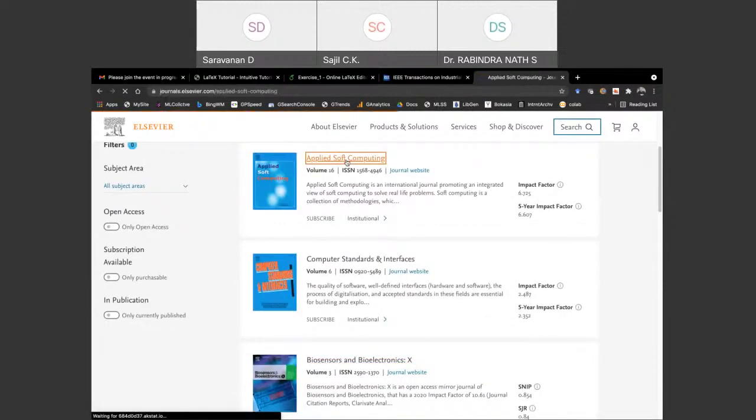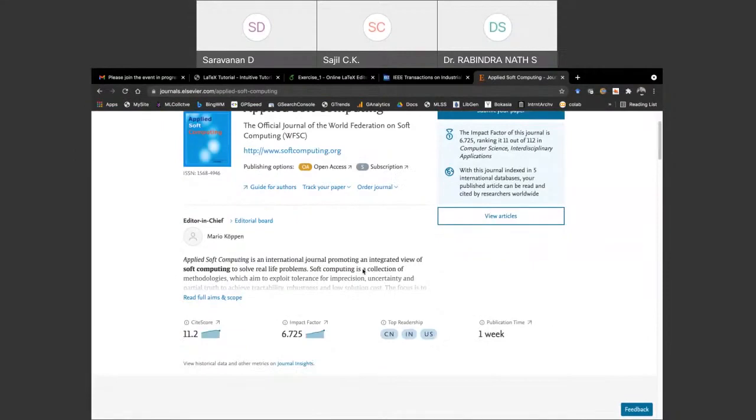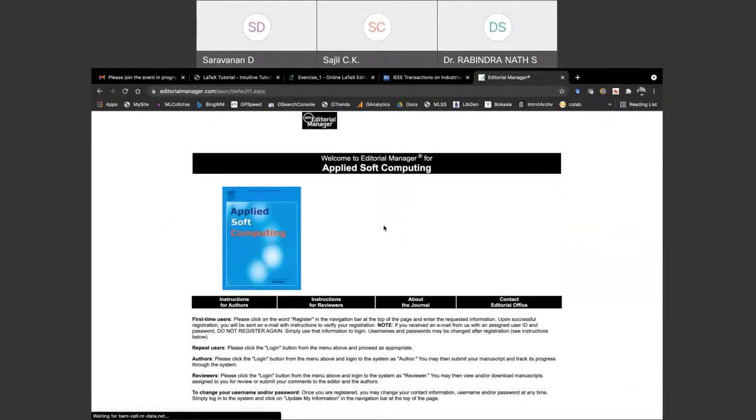If you want to submit a paper to this journal, there should be an option to submit your article. Once you click that, it depends from journal to journal, from publisher to publisher, where you can get the template file; it will be at a different place.